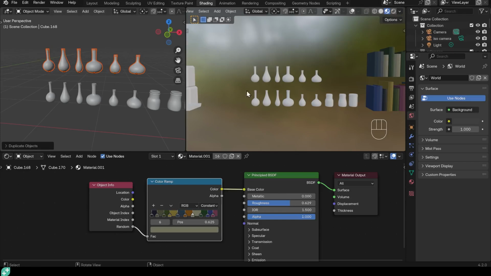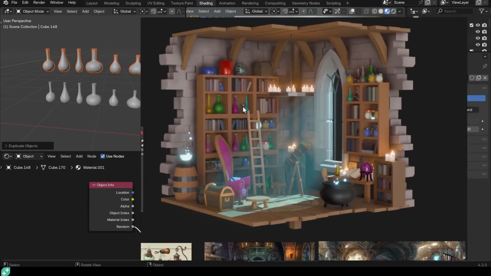So if we look at my reference, you can see there's a jam jar that's glass there. There is a potion bottle there that's just glass. It's not many actually. Most have a color to them, which is probably a little bit more fun, to be honest. So you might only want a few that have see-through glass, like maybe that one at the back.